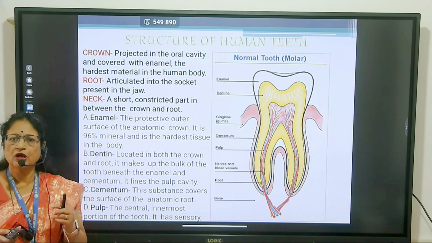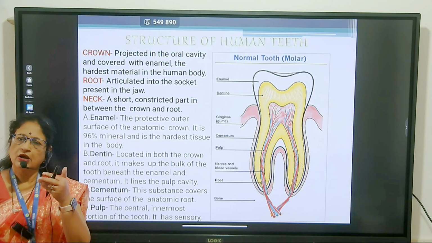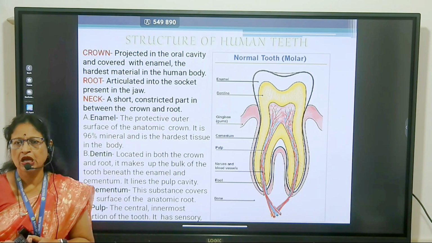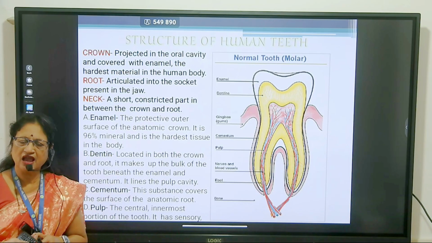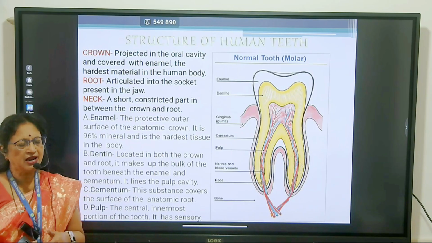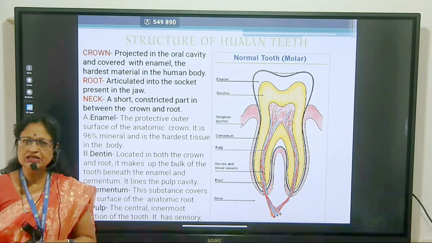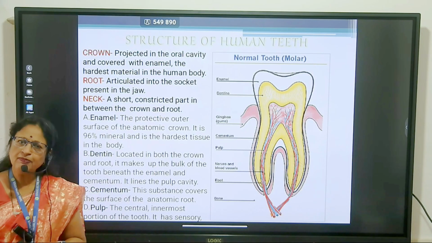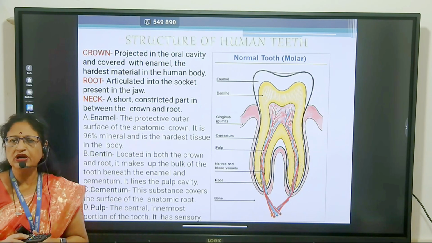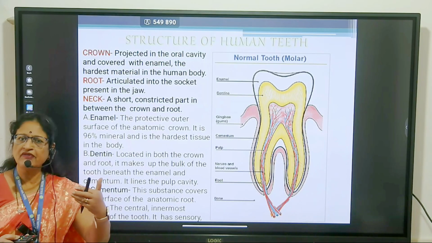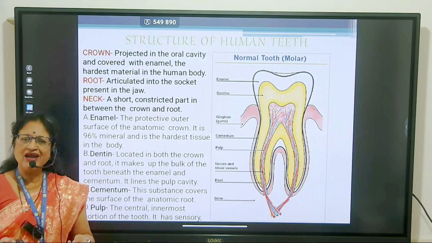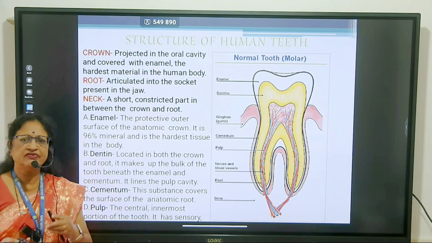Now this dentine is followed by a pulp cavity. Inside the dentine there is a cavity, and this cavity is filled by a pulp, and that's why the name of this cavity is pulp cavity. This pulp cavity is also extended into the root region. So this pulp cavity and dentine are present in both parts, that means in the crown as well as